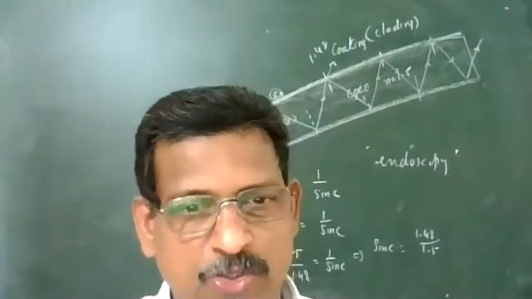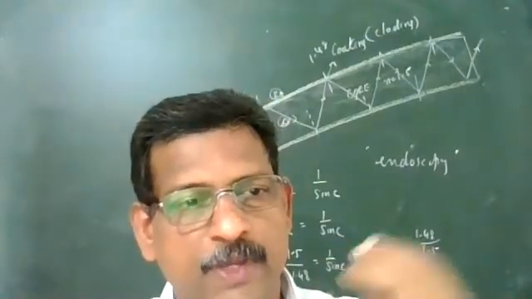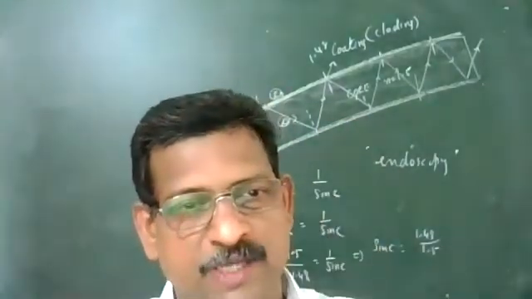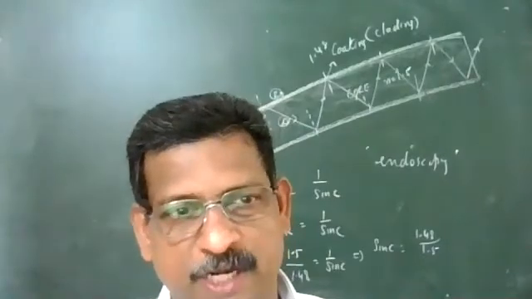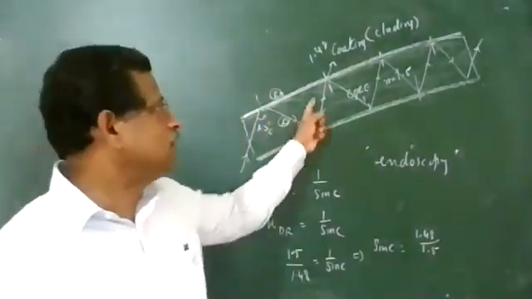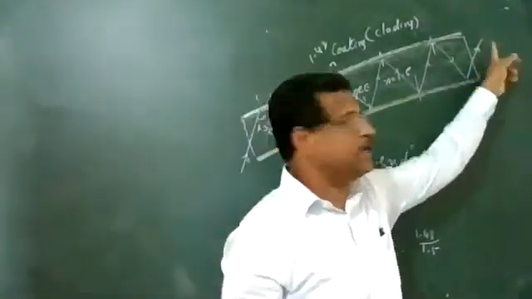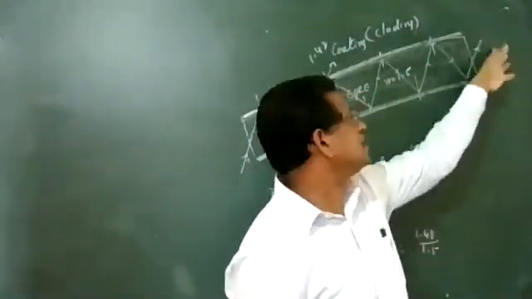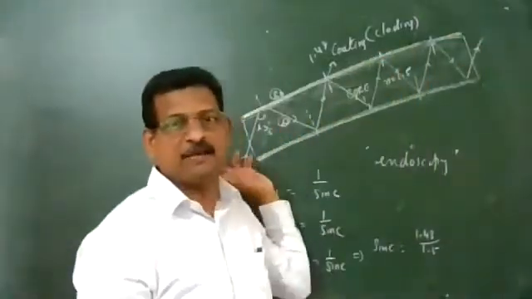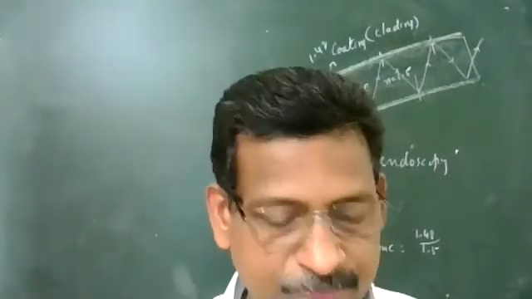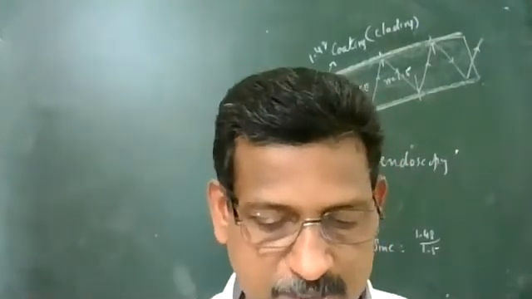So what you will do in this endoscopy, you have to swallow a pipe, that is optical fiber, and it goes inside up to the stomach. And the doctor will send the light from here. The light will be going to the place inside the stomach, and from the different parts the light is reflected, again coming back, and that can be seen on screen if there is any ulcer, etc. This is called endoscopy. It's used in medicine. This is very important because it is asked in board examination.